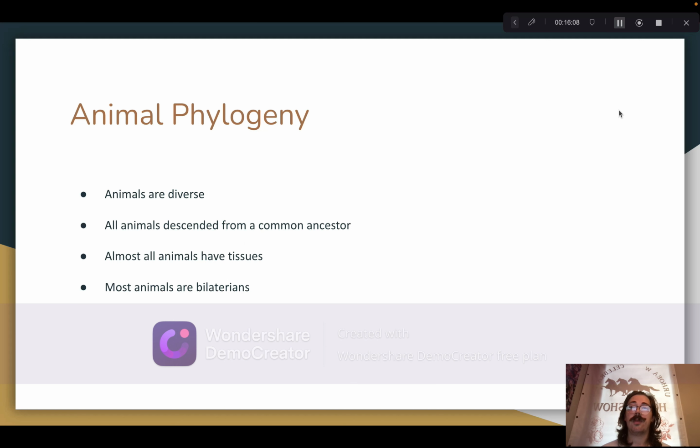Most animals are bilaterians and have tissues. Bilateral animals belong to the clade Bilateria, which is characterized by the presence of bilateral body symmetry. Bilaterians can be more specifically categorized into three main groups. Deuterostomia, which is one of the three main clades of bilaterian animals and is the only one of the three clades that includes vertebrates, because the phylum Chordata belongs to this clade.